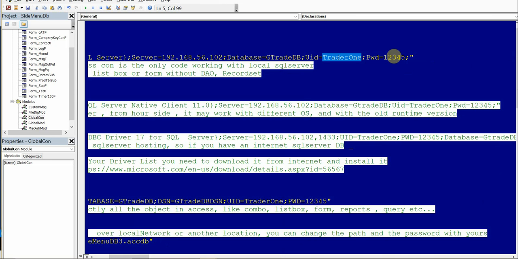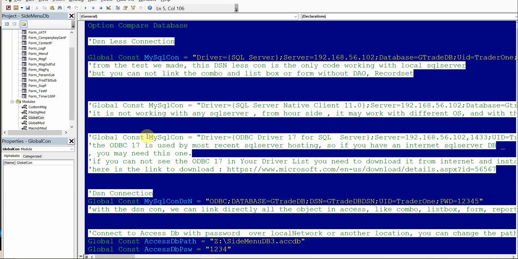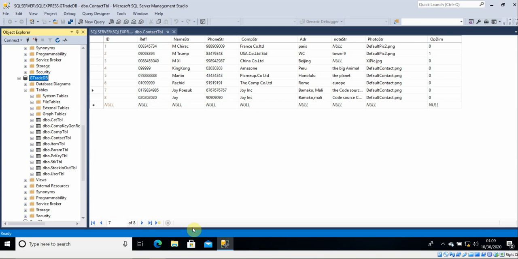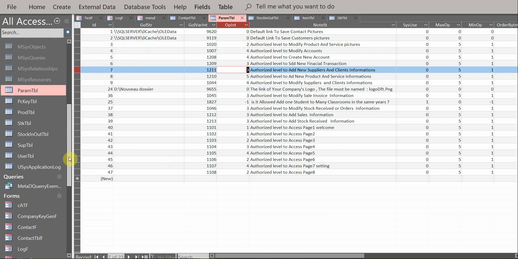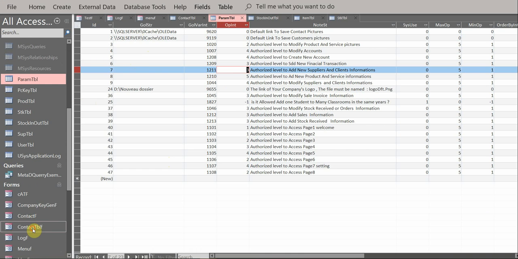As you see, password. Okay, then you will be able to connect to your database. But there is a problem with a DSN-less connection. What is the problem? A big problem. Because the DSN-less connection will not allow you to see the data like this one,